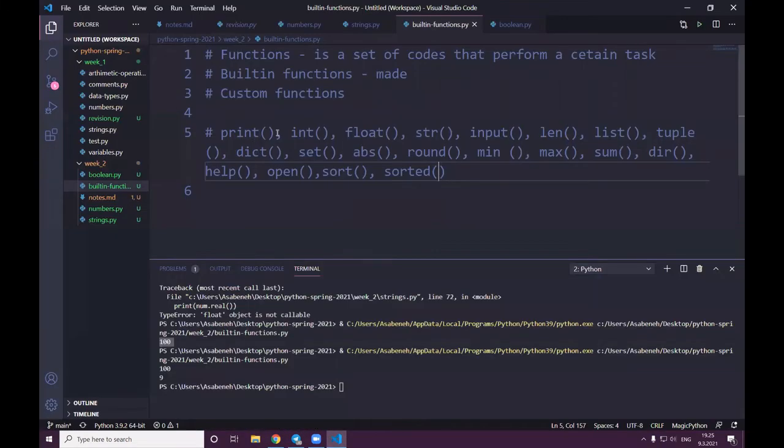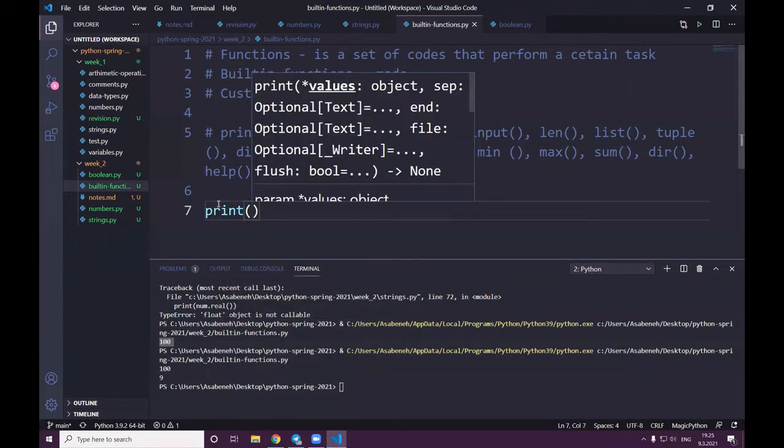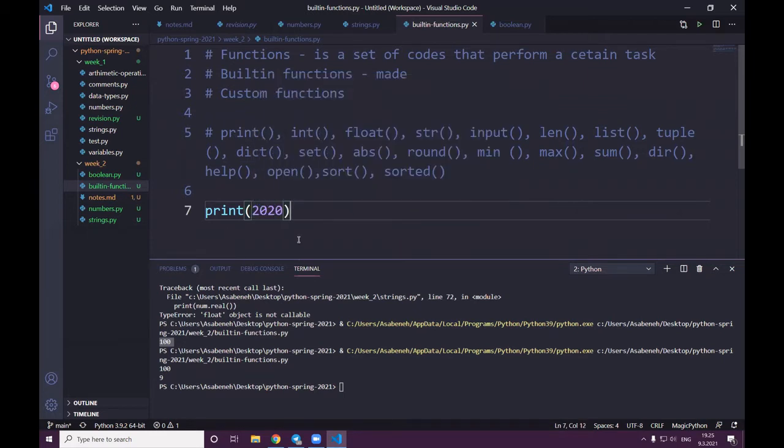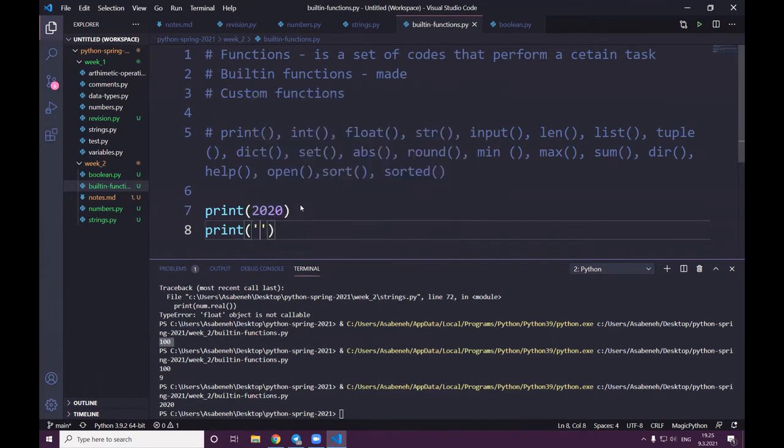So everybody knows print, right? Print takes an argument. Argument means something you put here. It could be a number data type. It could be any kind of data type. That's why all the time when I'm teaching, if you are very familiar with data types, the rest will be so easy. For instance, I'm saying 20, that's a number data type, and I'm about to print this number. Print, and then I can say, I just love Python,